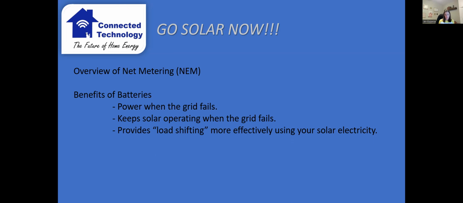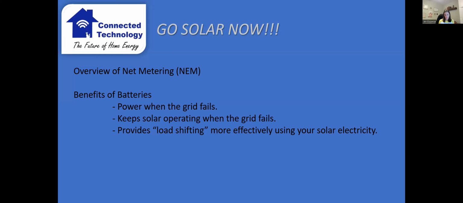If you're not in the foothills, the SGIP rebates don't apply as much, but you do get a little bit of credit. But why batteries? Why whole house batteries? How do they integrate with solar? They do three things that are really pretty fantastic.